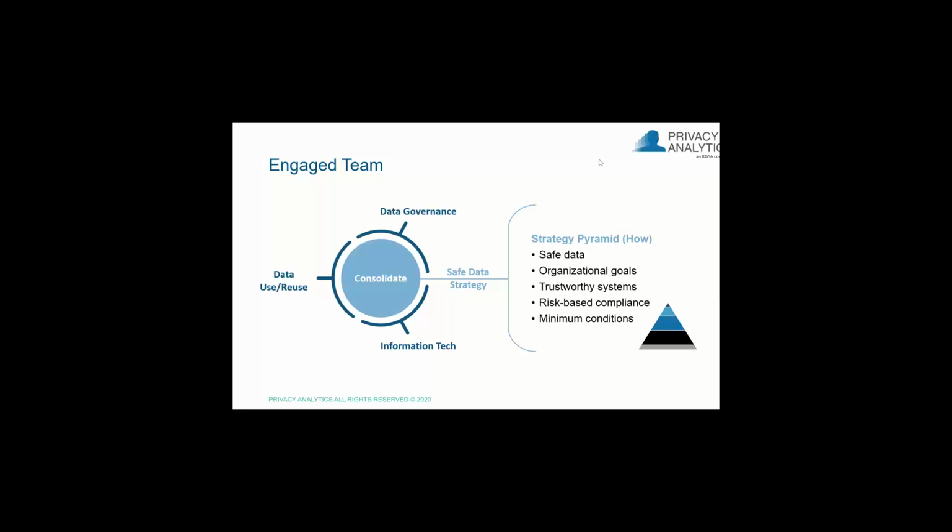So who is that engaged team? In our experience with Acme Analytics, there were three core stakeholder groups that were identified. So we needed involvement of these people. We have data governance, business units, and IT. So it was their practical knowledge that would provide the insights needed to drive this strategy forward, right? We need to get this group together, again, using things that they're familiar with, organizational culture and frameworks they're already familiar with, get everyone to agree on an approach taken and building in the principles of maintaining trust, okay?